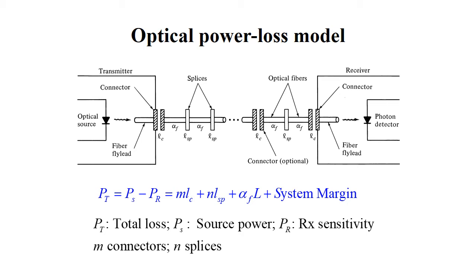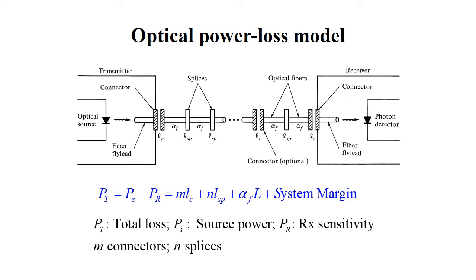The link loss budget is derived from the sequential loss contributions of each element in the link. Each of these loss elements is expressed in decibels as loss equal to 10 log P out by P in, that is the optical power entering the loss element and the optical power output from the loss element. The link power margin will consider the losses due to component aging, temperature fluctuation, and the losses arising from components that might be added at future dates.